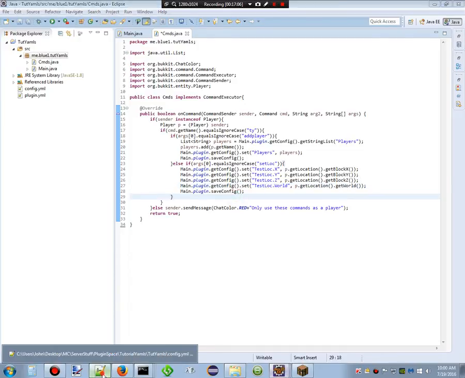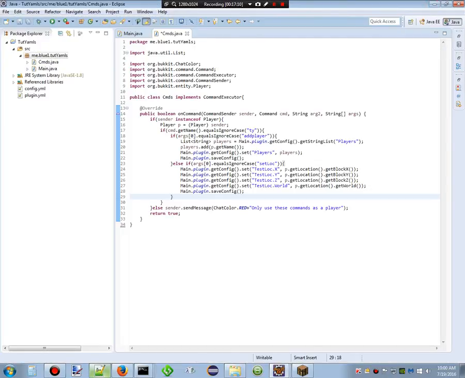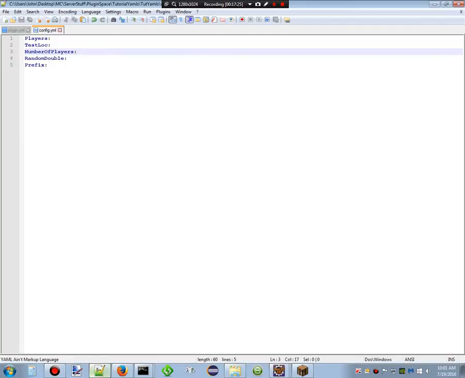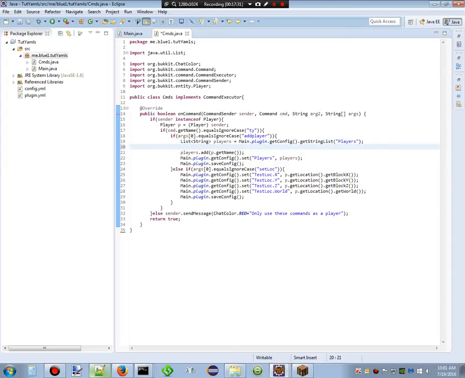Alright, so let's do another one, number of players. Okay, this is just going to be else if args. No, we're actually going to do this right with the first one. Okay, so every time you add yourself as a player, it's going to increase that number as an integer. It'll increase it by 1. So right after this list, we're going to create a new integer, i equals